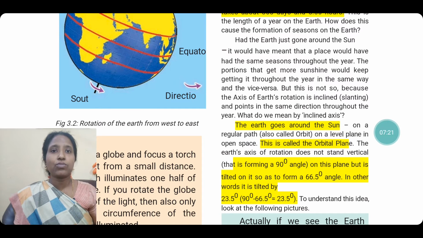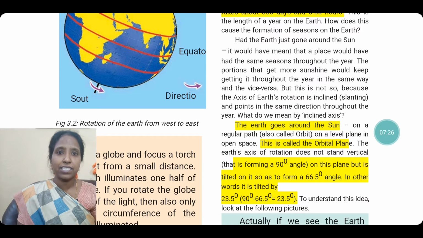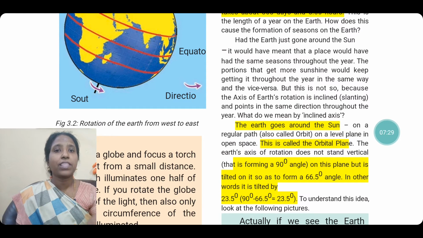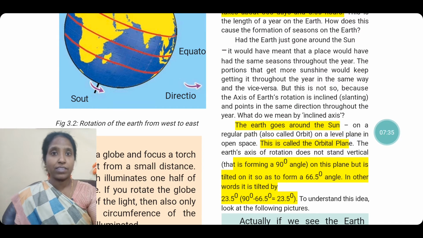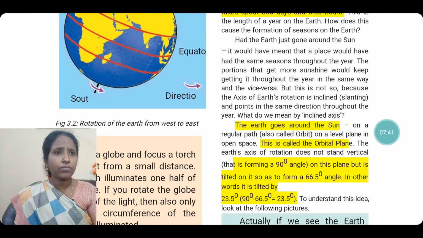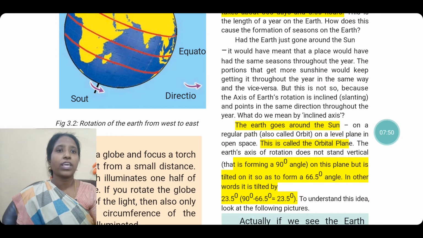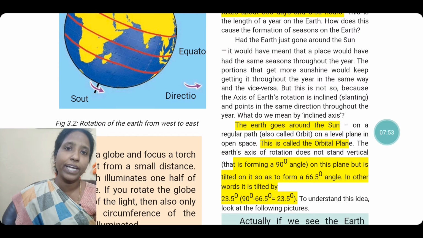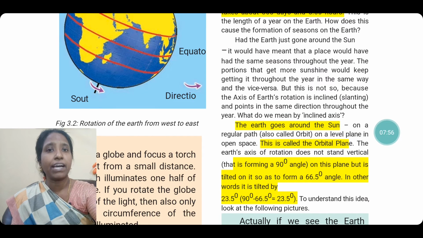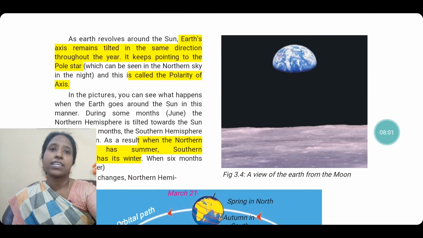So you see that the earth moves around the sun in an elliptical shape, and the area between the sun and the earth's orbit, the area occupied by the circumference of this elliptical shape, is called the orbital plane. Okay, and it is not at 90 degrees; it is tilted at an angle of 66.5 degrees. And on the other side it is tilted at 23.5 degrees. So that is why we have the Tropic of Cancer and Tropic of Capricorn at 23.5 degrees,